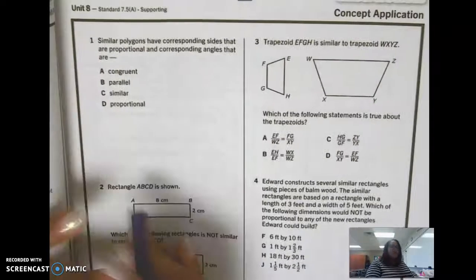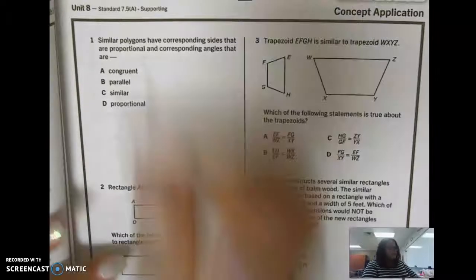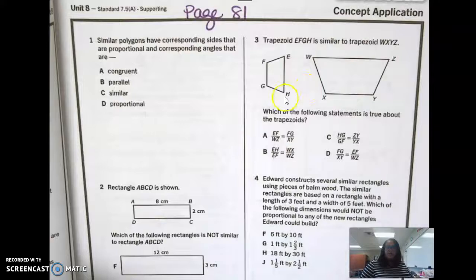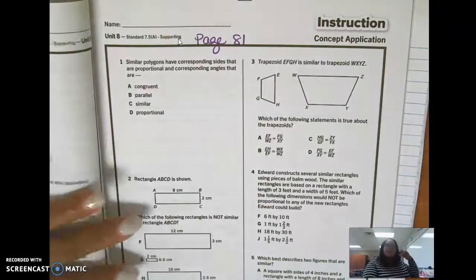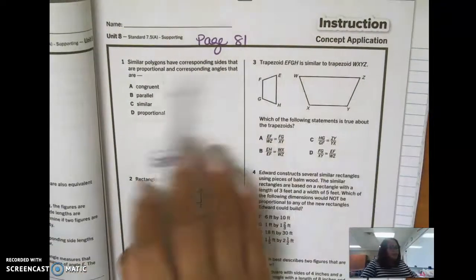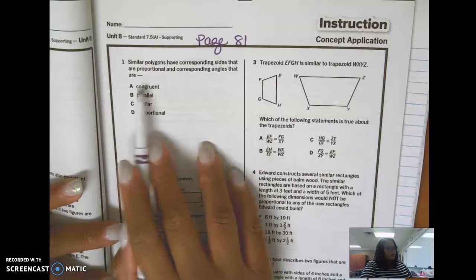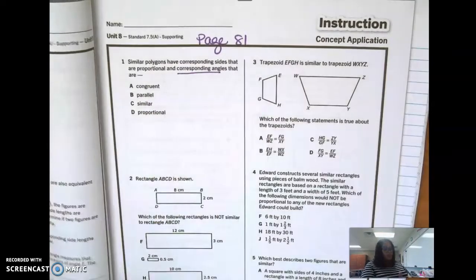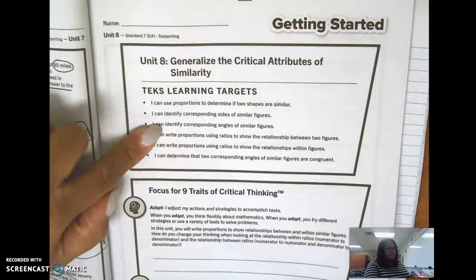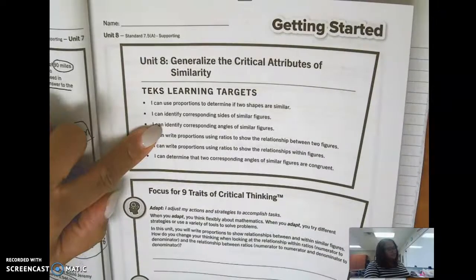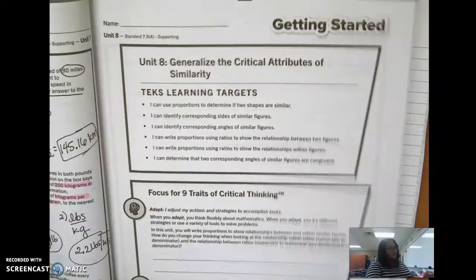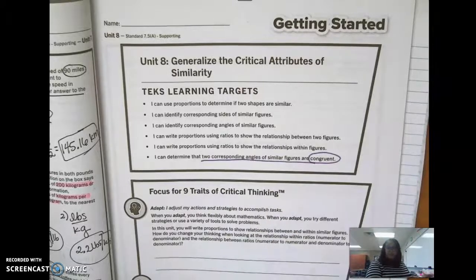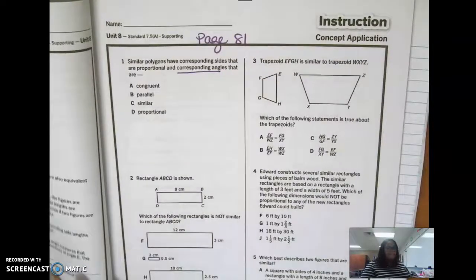All right, so number 1, this is page 81. I'm going to zoom out just a little bit. It says similar polygons have corresponding sides that are proportional and corresponding angles that are blank. So this comes straight from your unit informational page, and corresponding angles are this word right here. Number 2,